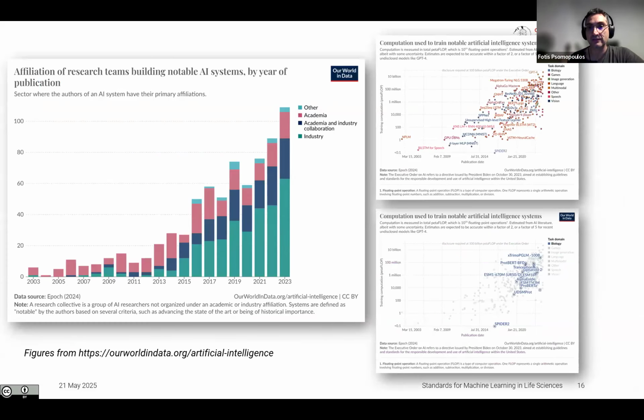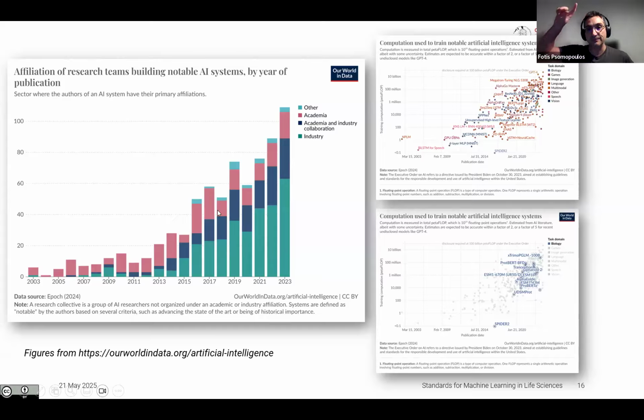If you look at the data from AI systems right now, you'll see that there is one trend that is worth keeping in mind. If you look back at the 2000s or mid-2010s, you see that the primary sector where AI systems were published or created was academia, this red part. From 2017 onwards, this trend shifted dramatically towards industry, with a big portion now being academia and industry collaboration. AlphaFold is one of those interesting examples. The other point is that